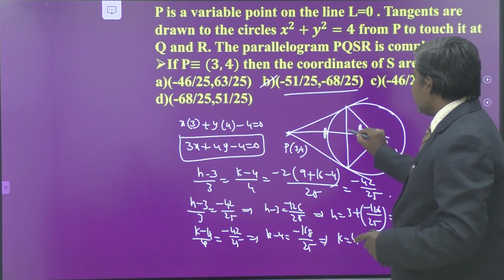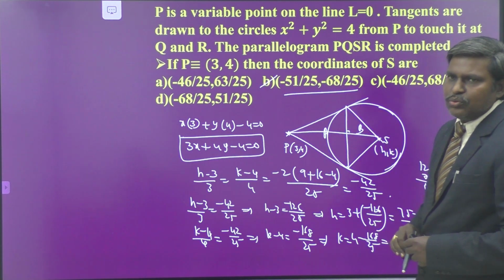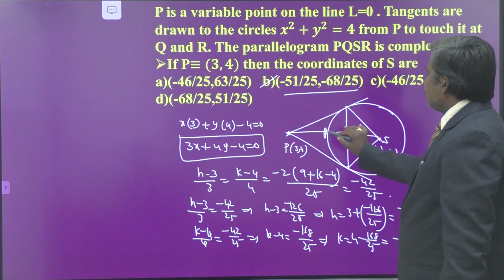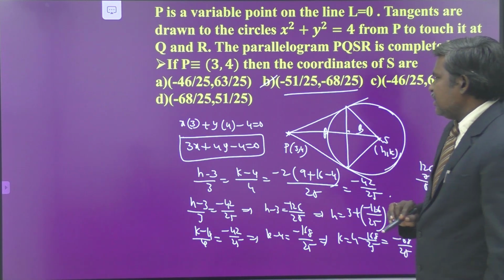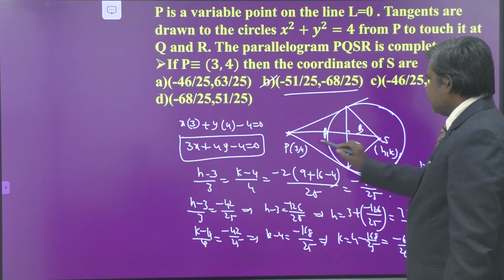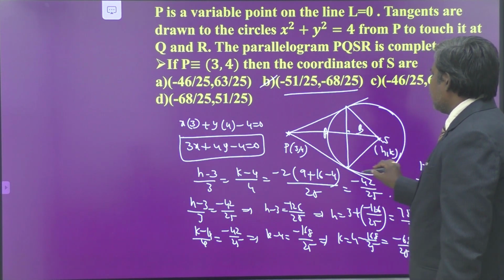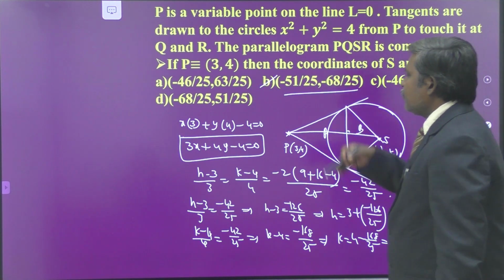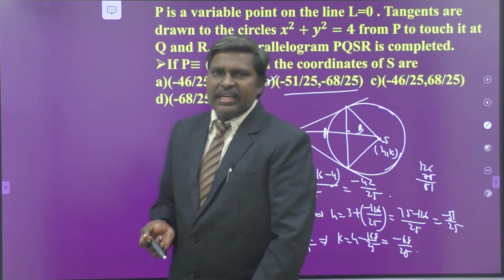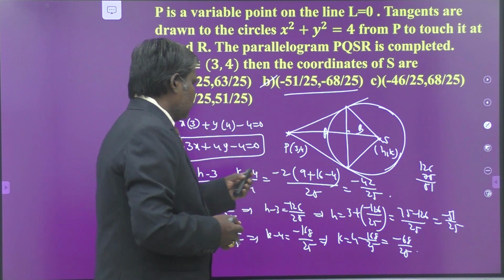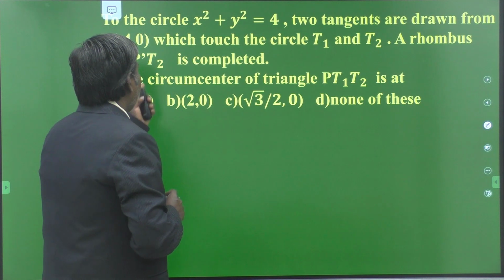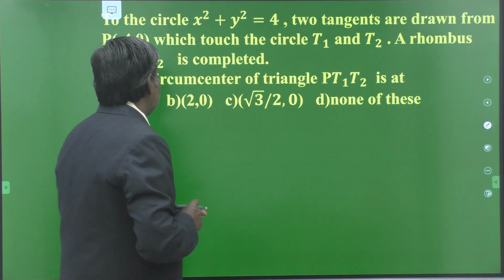Similarly, we obtain the isosceles triangle. Here the angle between these two is 90 degrees. These two are congruent triangles, so both their areas are the same. That is one thing. And another thing is, the image of P with respect to the chord of contact becomes S. Once you know all these concepts, you can easily crack this problem. Understand? Next one. We will move to the next problem in a similar way.